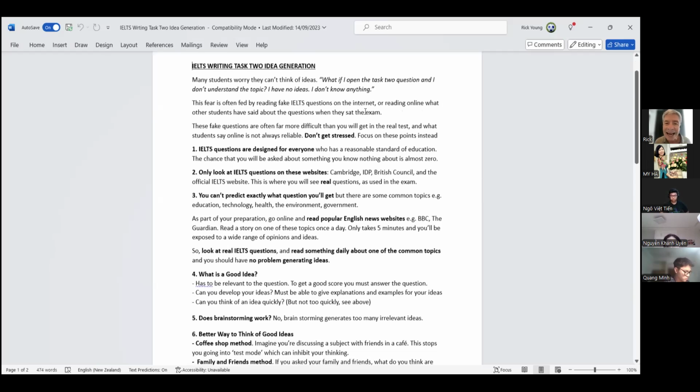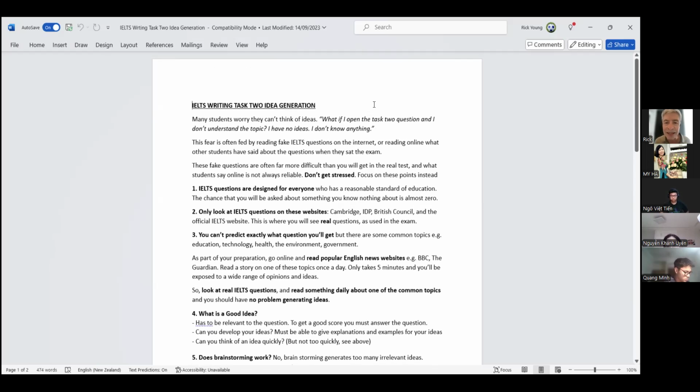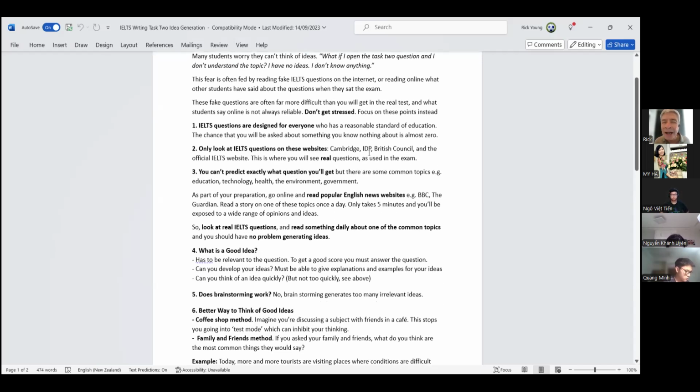So again, I will look at this in more detail next week, but don't worry, don't get stressed. You are all intelligent young people, or you wouldn't be here, all right? Anyone who is intelligent can think of ideas. So we will look at this again in more detail next week, but the main ways to think of ideas